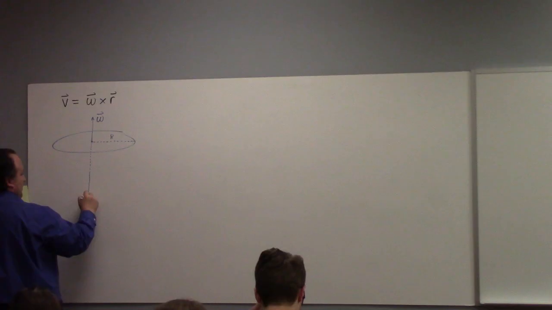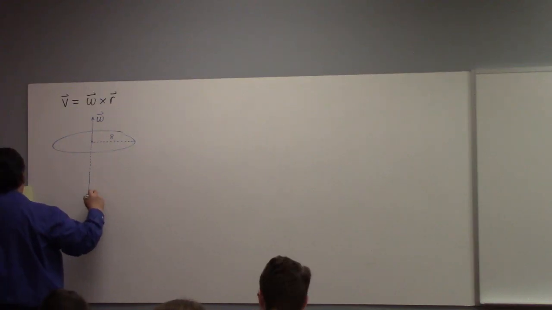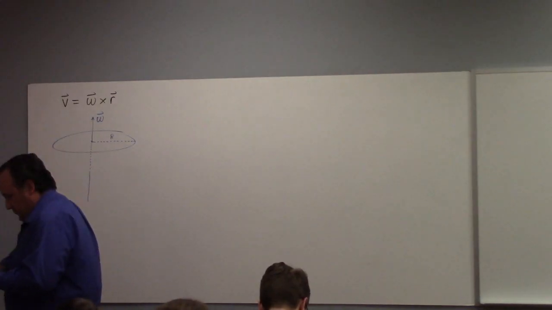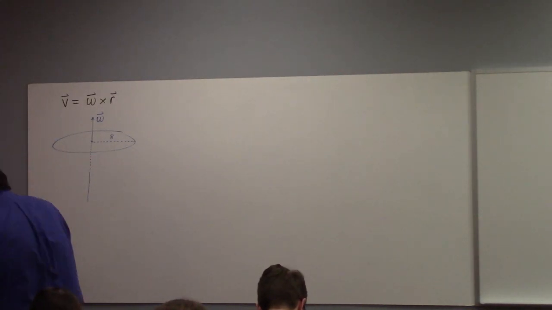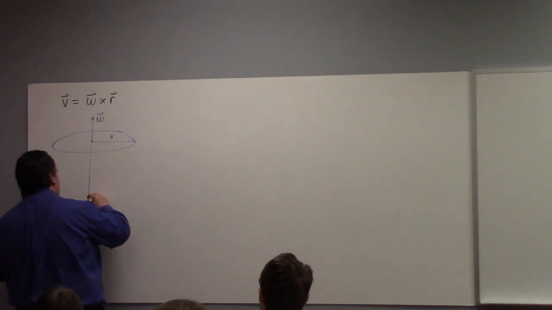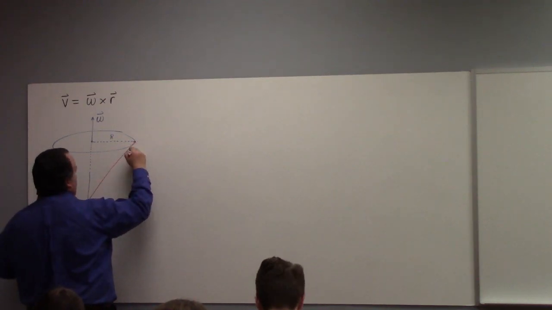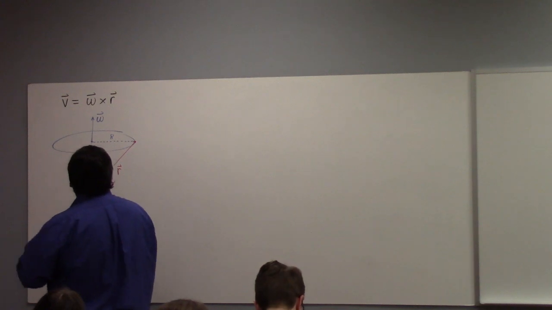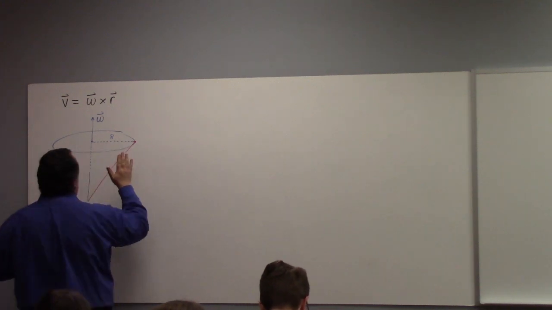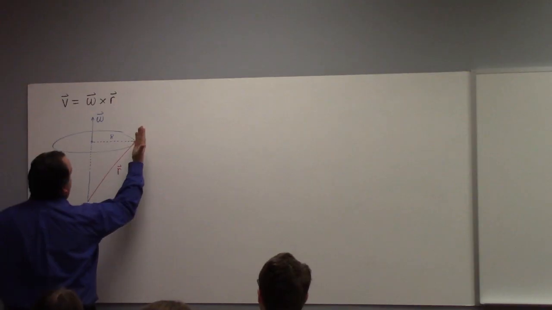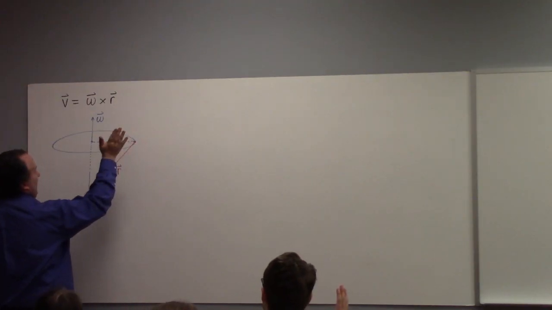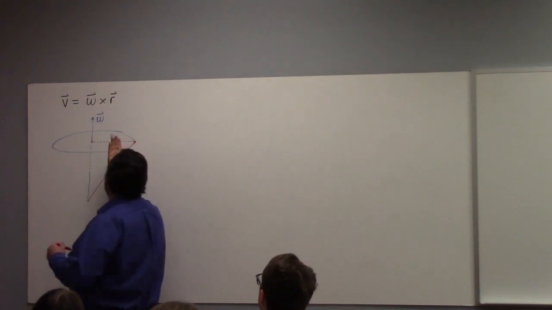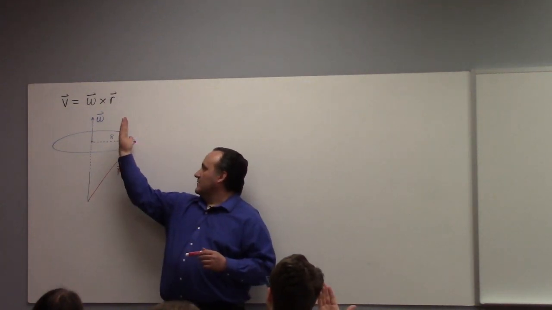I put the origin down here, and put the radial vector up like this. So we do omega crossed into R,